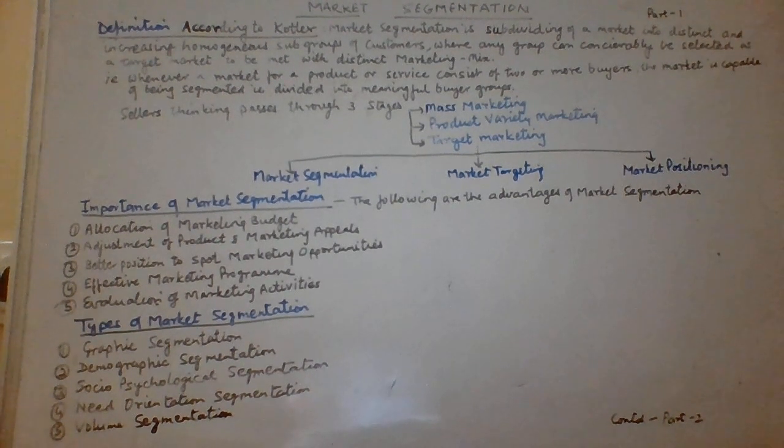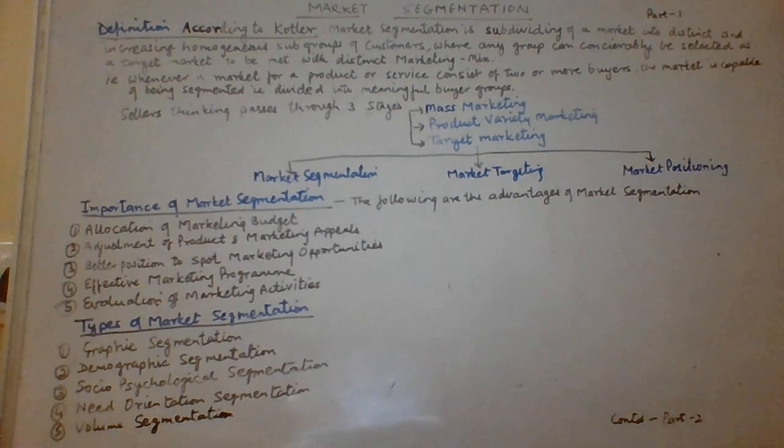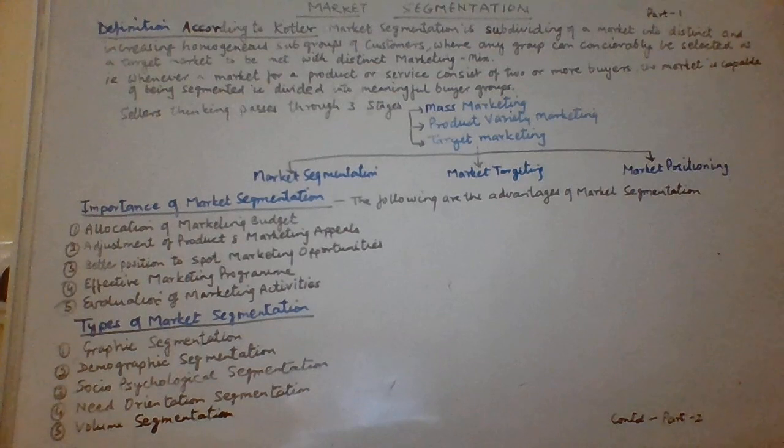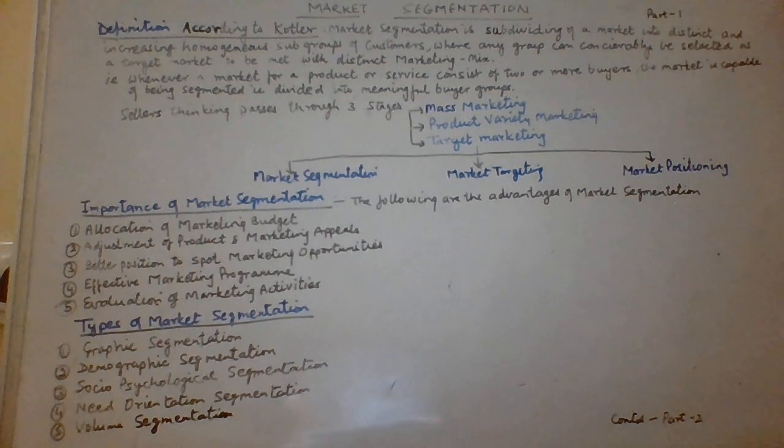Let's first understand what these different types of market segmentation are, in short. The first is geographic segmentation. What is geographic segmentation? That is on the basis of geography, maybe of a country or of a city, whatever market we are taking into consideration and how in depth we are talking about.